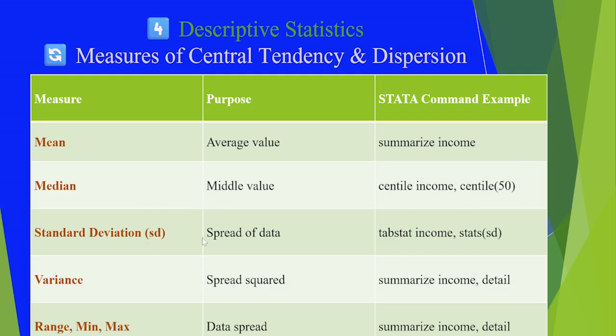Standard deviation is simply the spread of data, and to get the standard deviation, you just issue the command tabstat, then our column of interest, which should be a numeric or continuous variable, comma stats, and we need standard deviation. On the other hand, to get variance, it's almost similar